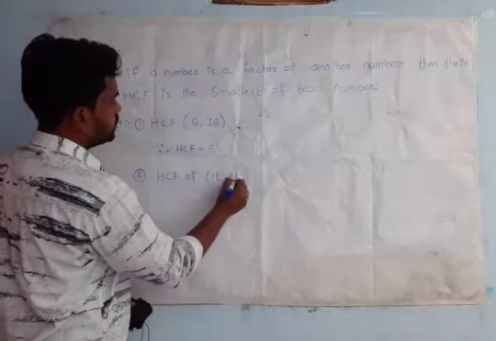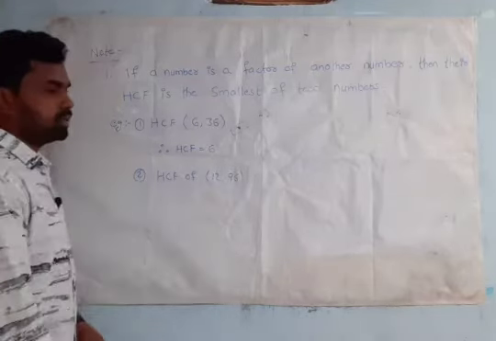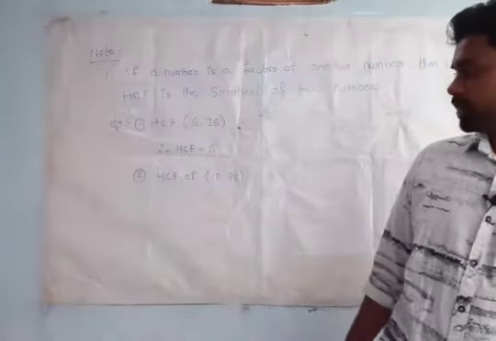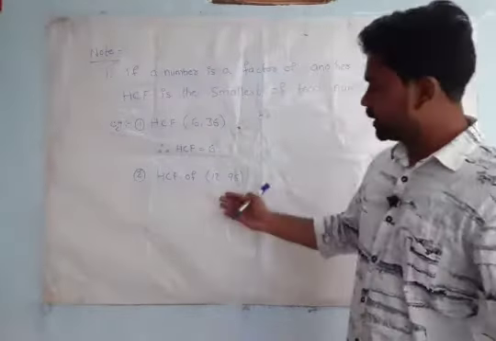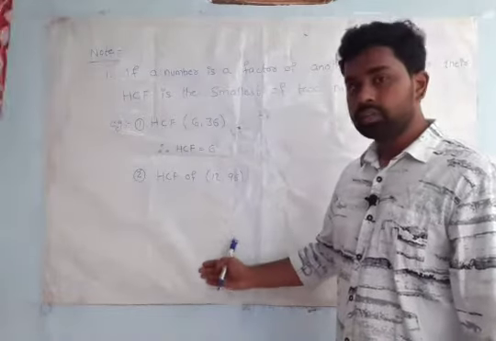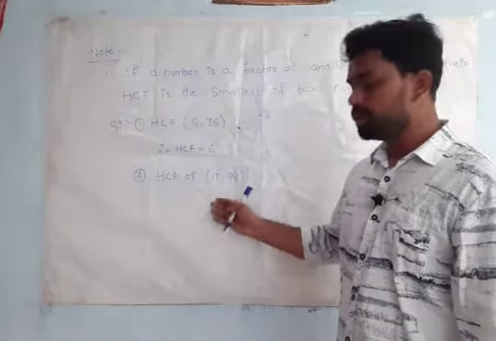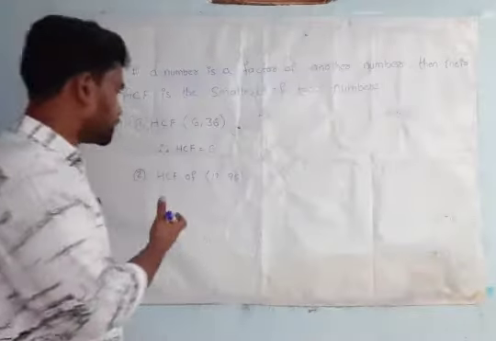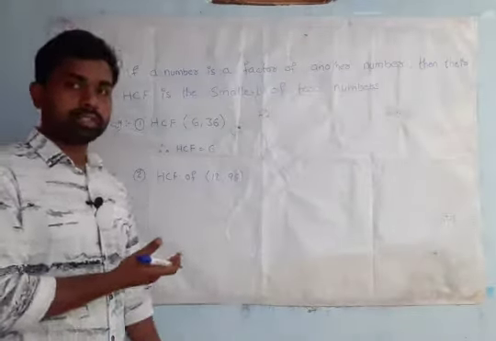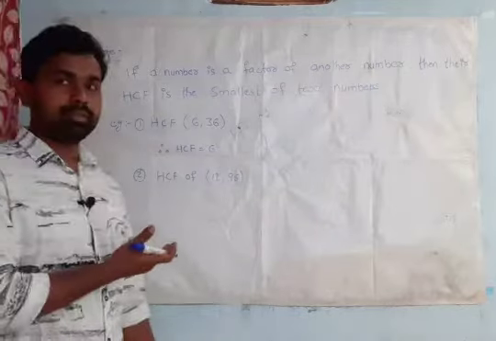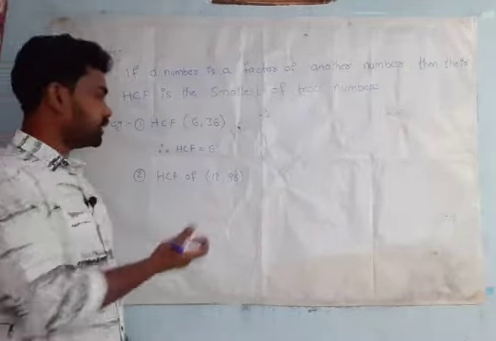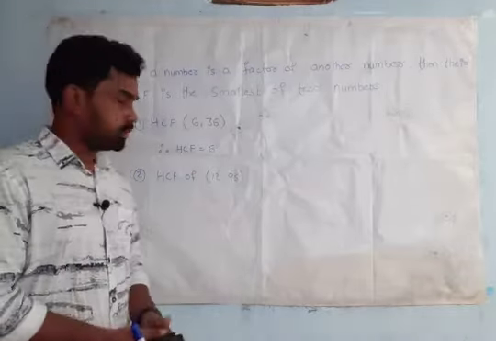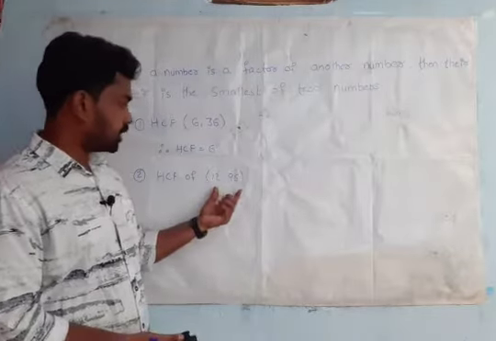HCF of 12, 96. Now you see, HCF of 12, 96 means, again, don't write the division. Don't follow the division method, and don't write the traditional method. It will take some time. So if you get questions like multiple choice questions or fill in the blanks in bit papers, if you get a question to find out the HCF, then first of all we have to observe the question very carefully.